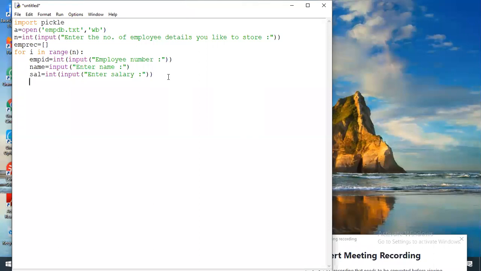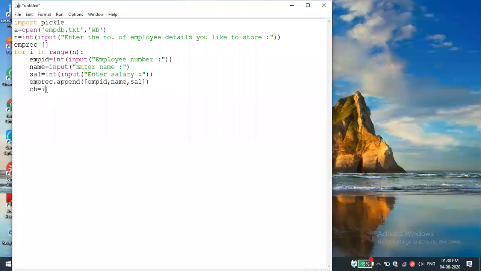For example, let me get this ID, name, and salary, three details. Now we need to write them into the empty list. What is the empty list? EMP record dot append. So we are writing a single EMP element: ID, comma, name, comma, salary. Yeah, EMP ID, comma, name, comma, salary. Okay, we write into that. Now we will come to Harit's question. For example, if we are getting the choice, so ch equal to, we are getting that.